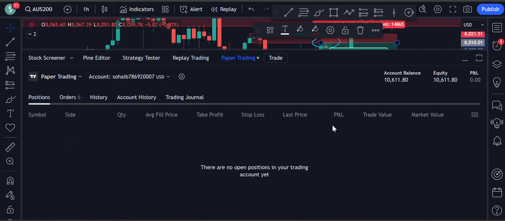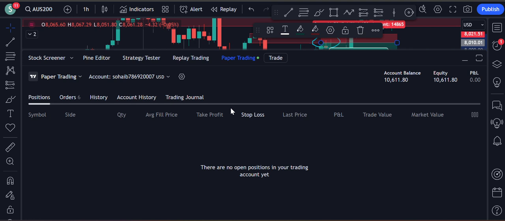So my net PNL is 611. I've reached 2%, and I'll be following a different kind of money management here. I'll be starting with 2% of risk on the trade. If I lose one trade, then I'll move down to 1% of risk. If I lose it again, then I'll cut it in half to half a percent. If I lose it again, I'll cut it in half to 0.25%.